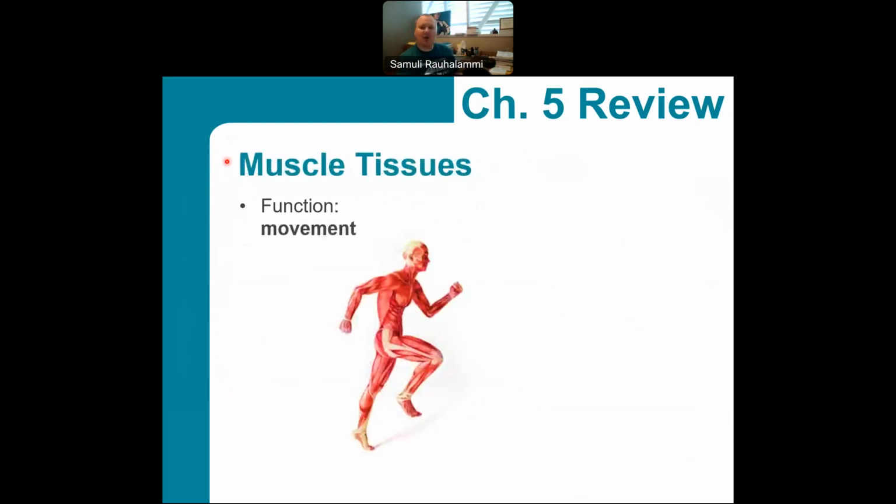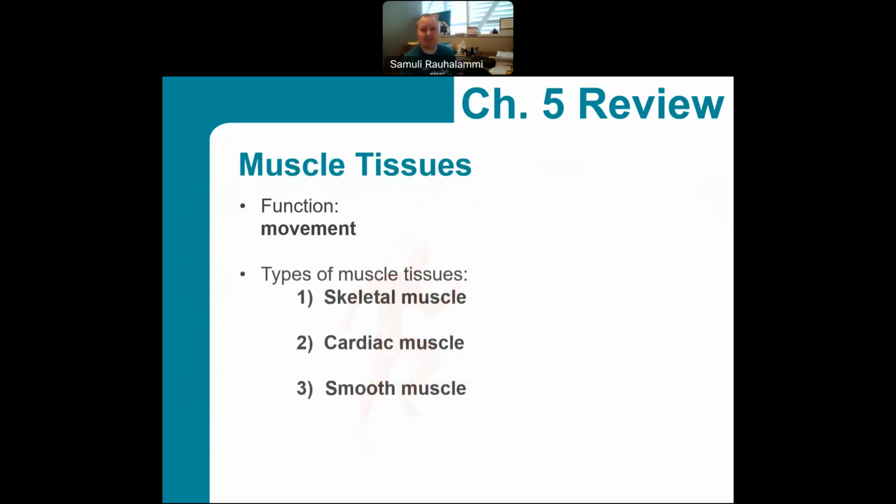And let's move on to talk about muscle tissues. Like I mentioned earlier on, muscle tissues can be considered as having the generation of movement as their main function. Obviously, there's more to the story than just that, but contracting muscles do create movements, and those are what we most often end up seeing.